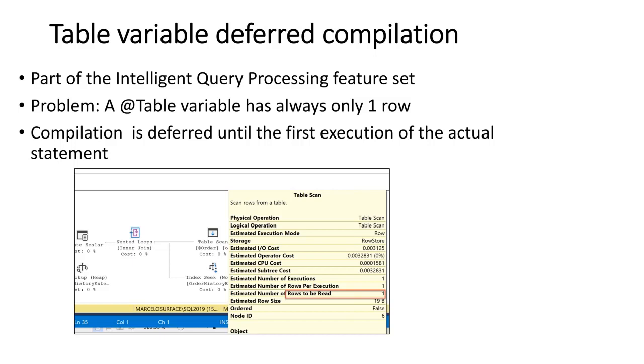Before SQL Server 2019, what would we do? I normally recommend changing those table variables to temporary tables, because temporary tables do have statistics, so they're a bit better. They're a bit better in that matter. Okay, it makes more sense to use them. Anyway,